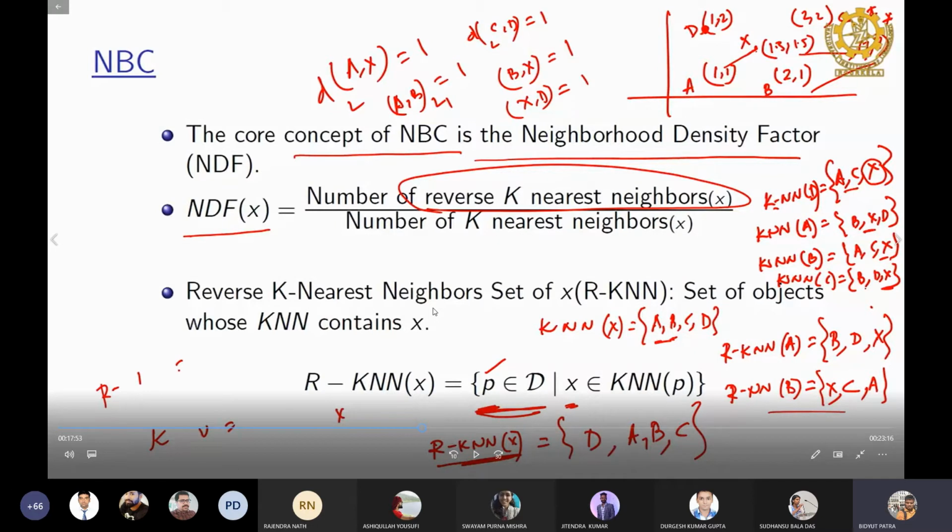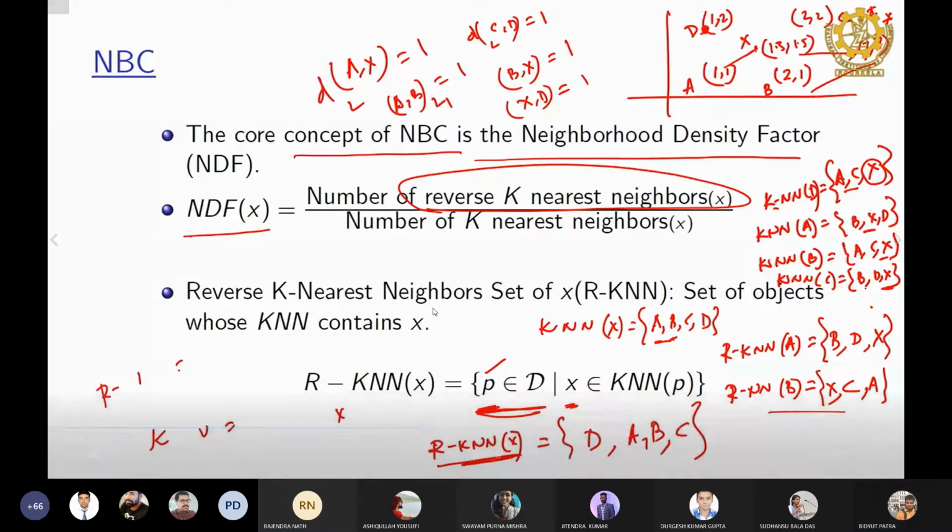But reverse KNN of F is 0. That is no doubt, right? Is it okay? Yes, sir. 6 plus 5, 11. So then these should also be included, so this will be 4. But the reverse KNN will be no. Okay. Now we'll come to the discussion here.